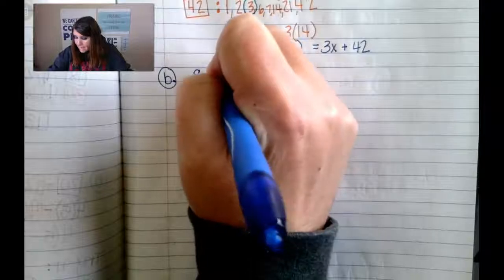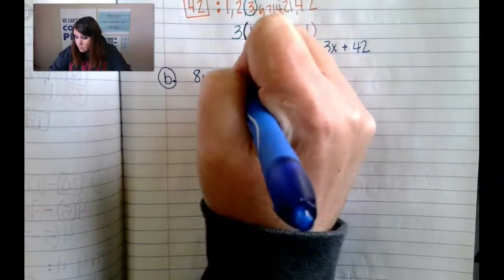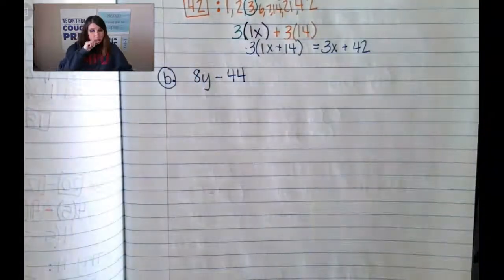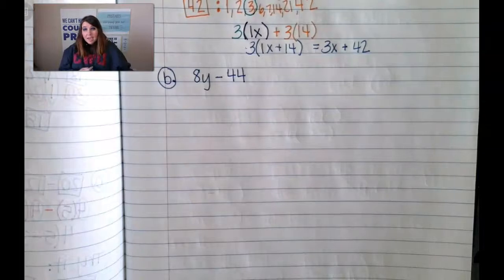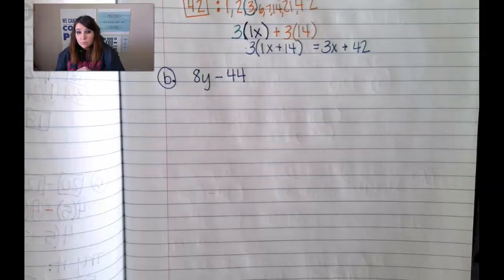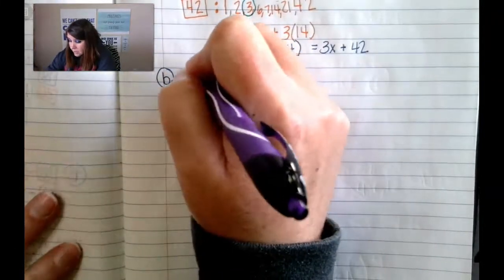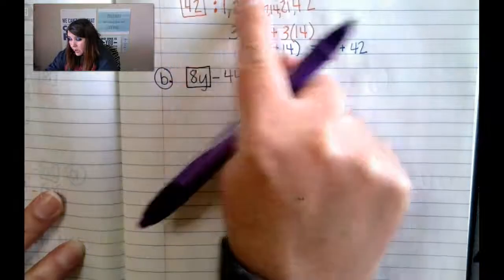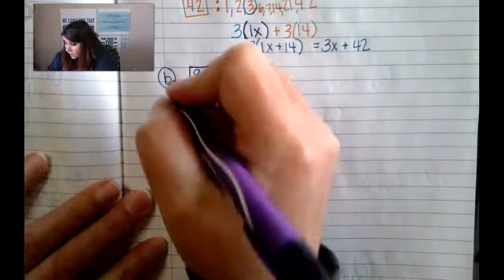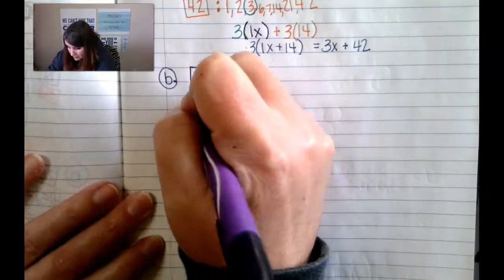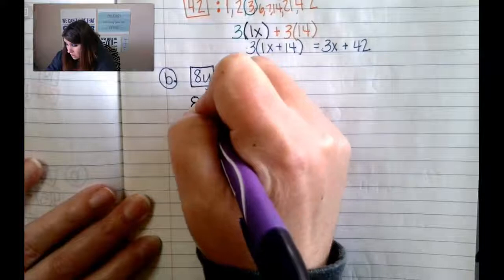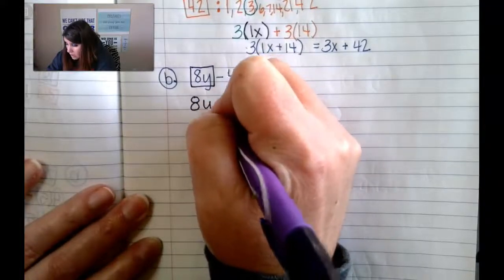8y minus 44. Okay, so we have two terms here, 8y and 44. So we're going to look at both of these. Again, slow it down. Let's check it out. We have 8y as our first term. We need to factor 8y, so let's find the factors of 8y. Well, the factors of 8y are